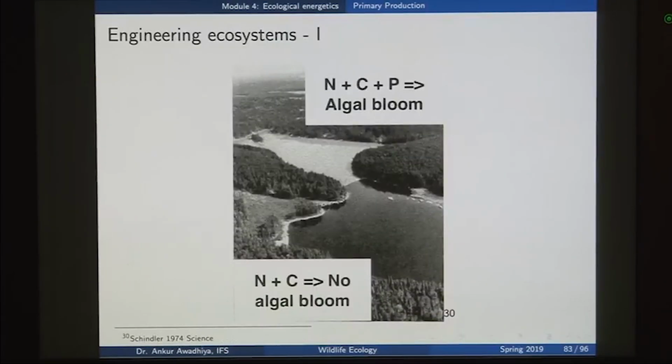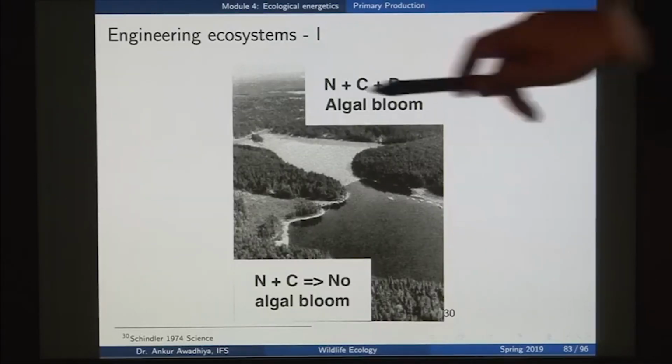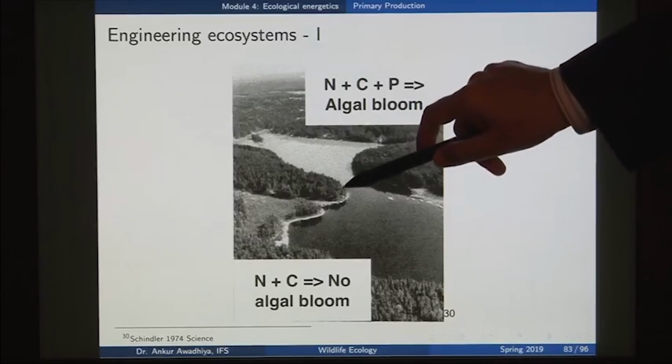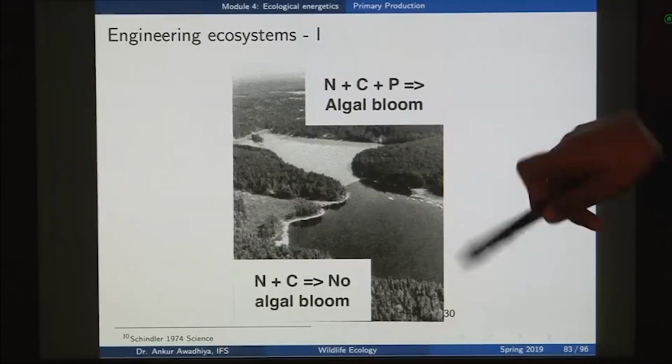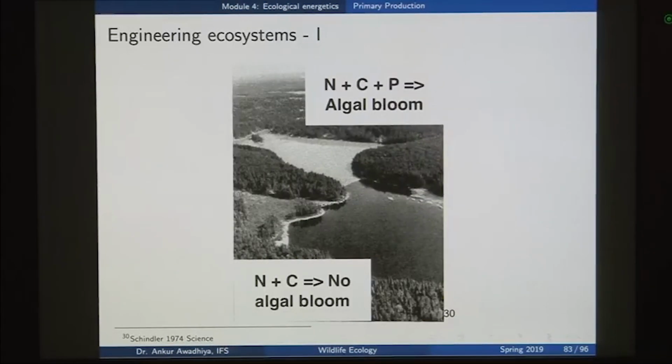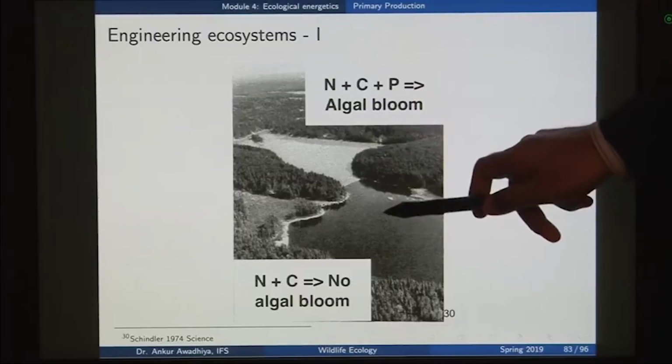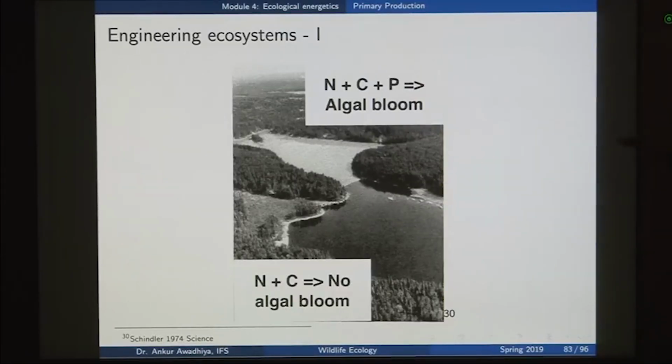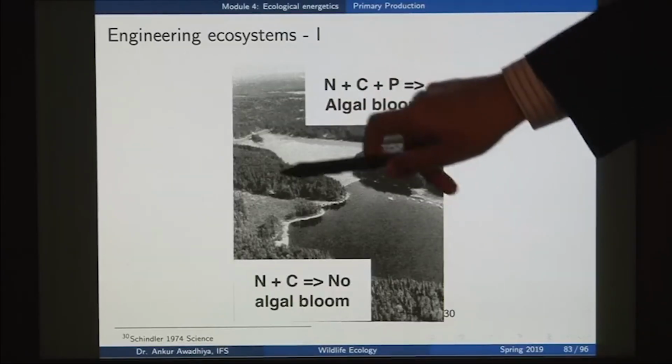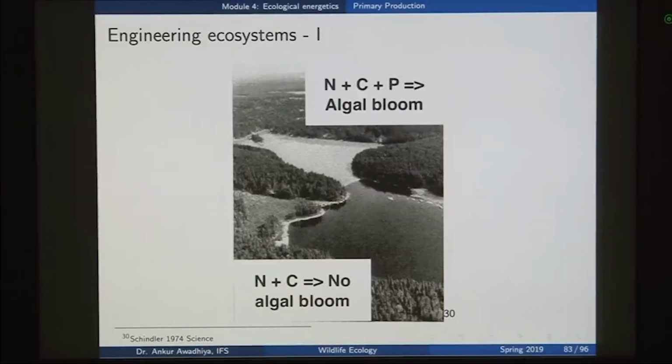And this was also shown in one of the experiments. So, in this experiment there was a lake that was divided into two portions with a barrier here, and in both the regions you added nitrogen, you added carbon, and nothing happened, and in one portion you added phosphorus and in the other portion you did not add phosphorus. So, in the portion where you have phosphorus, you see a very heavy algal bloom, which is telling us how we can increase the productivity of this particular lake.